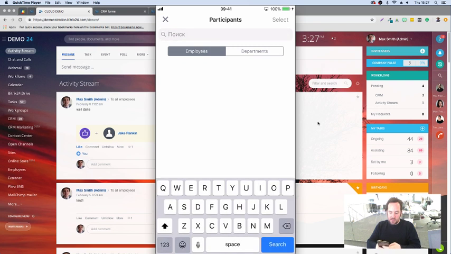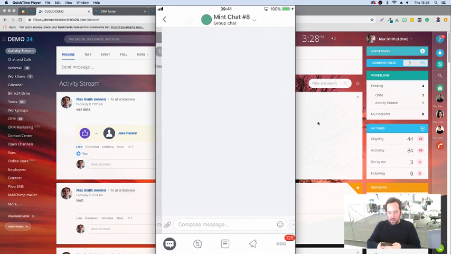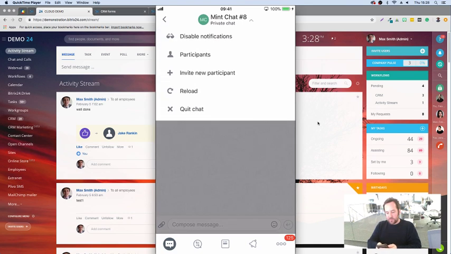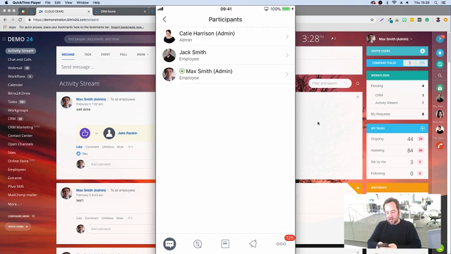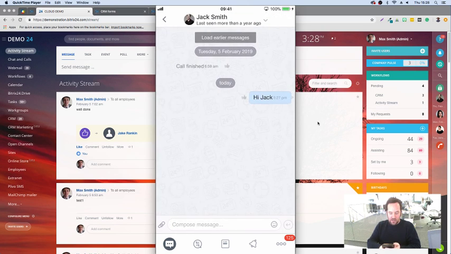So if we typed in Katie, you can see here now it's created a new group chat, and you can see the participants are going to be myself, I'm logged in as Max Smith, we've got Jack Smith and we've got Katie. We can then have a group chat in here,